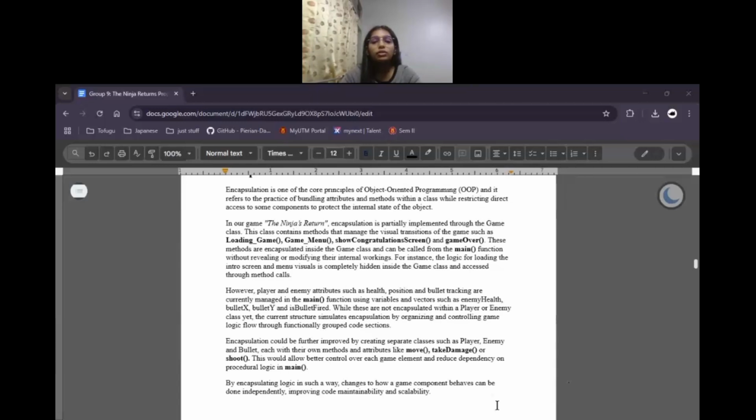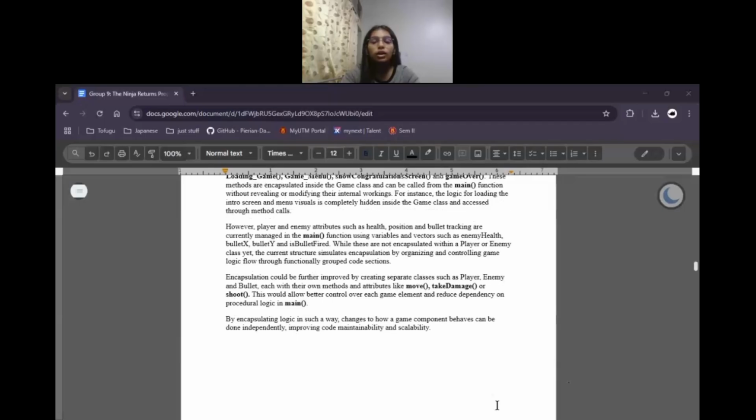This would allow better control over each game element and reduce dependency on procedural logic in main. By encapsulating logic in such a way, changes to how a game component behaves can be done independently, improving code maintainability and